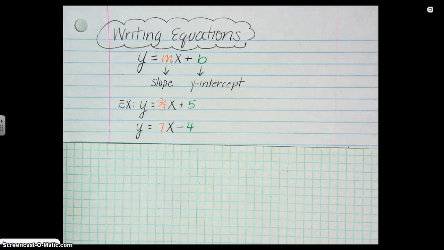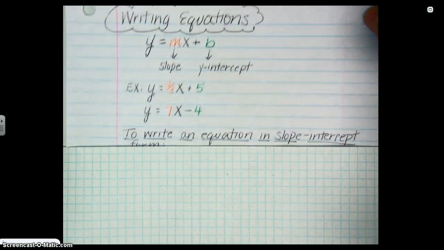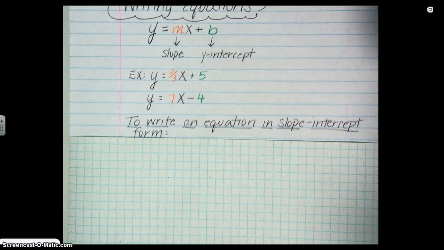The equation y equals negative 2/3 x plus 5 has a slope of negative 2/3 and a y-intercept of 5, and the equation y equals 7x minus 4 has a slope of 7 and a y-intercept of negative 4. In these problems, I'm going to show you a general method we're going to follow to write these equations. Because it's slope-intercept form, the two things you're going to need are the slope and the y-intercept of the line. So in order to write an equation in slope-intercept form,